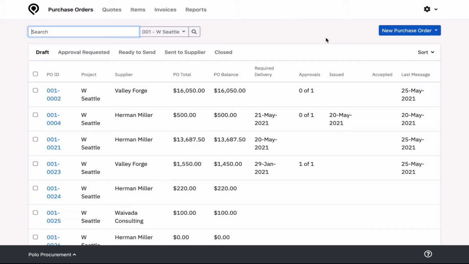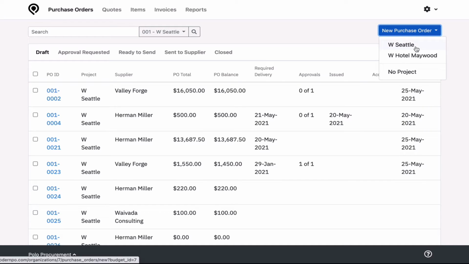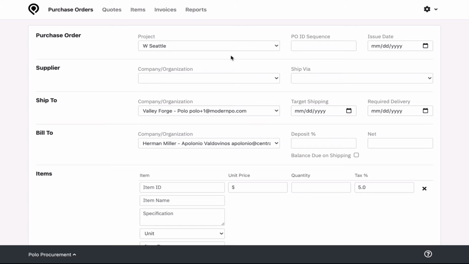So to add a new purchase order, you'll click the blue button towards the right under New Purchase Order. It'll show you a list of all the projects, again, that you have access to choose from. If this purchase order is not associated to an existing project, you can also choose the No Project option. But for now, let's click on a project that exists in the system, W Seattle. Here it is pre-selected at the top. The PO ID sequence, you can go ahead and just leave that blank, and the system will automatically